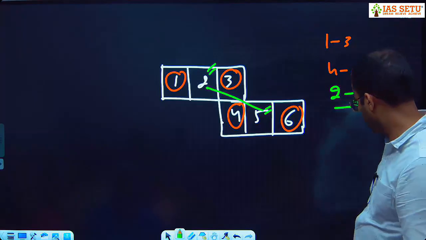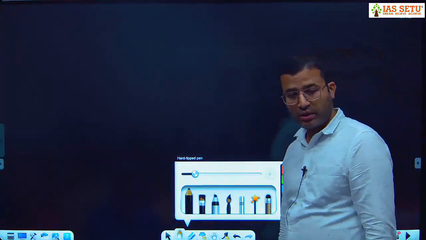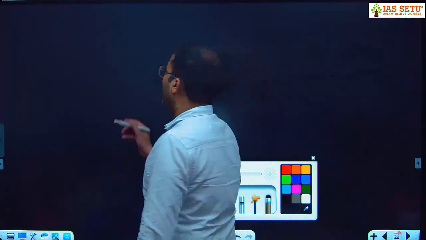Adjacent faces of any particular face? हाँ बिल्कुल निकाल सकते हैं। अगर अपोजिट पता है तो एडजेसेंट पता है, या तो एडजेसेंट होंगे या अपोजिट होंगे। ठीक है, जो अपोजिट है उसको छोड़ के बाकी सारे एडजेसेंट होते हैं।